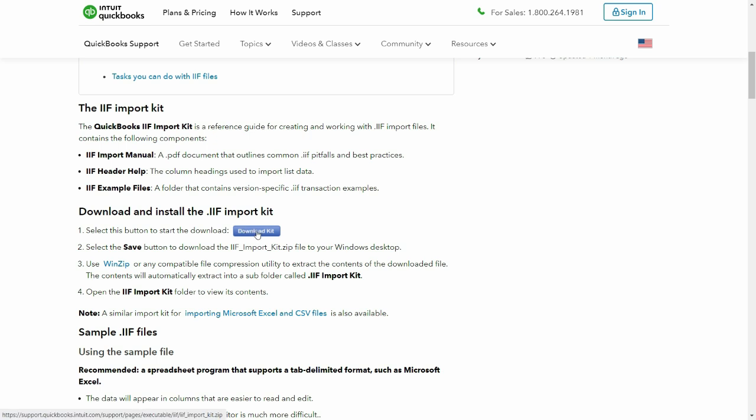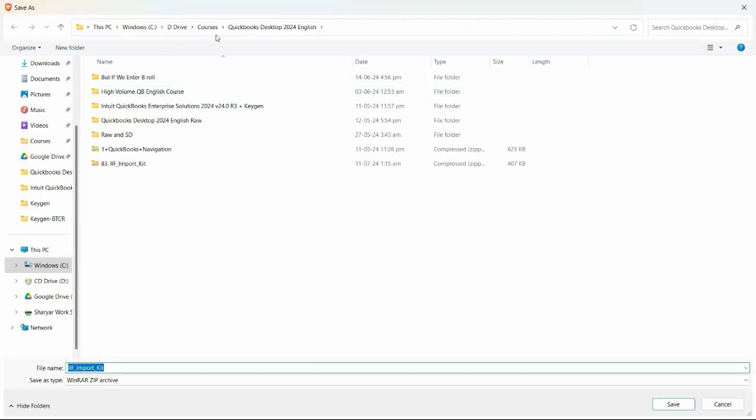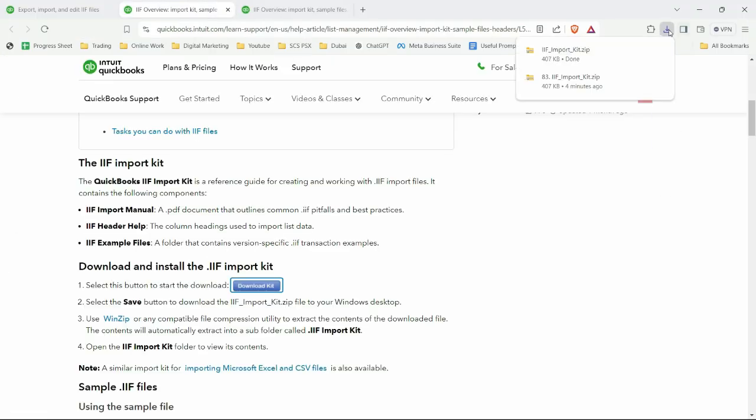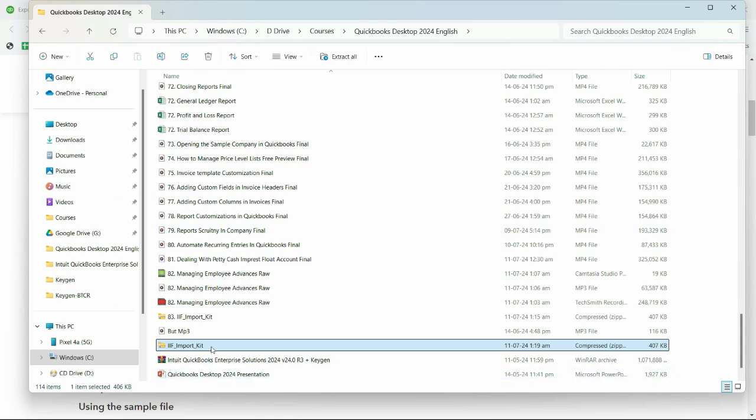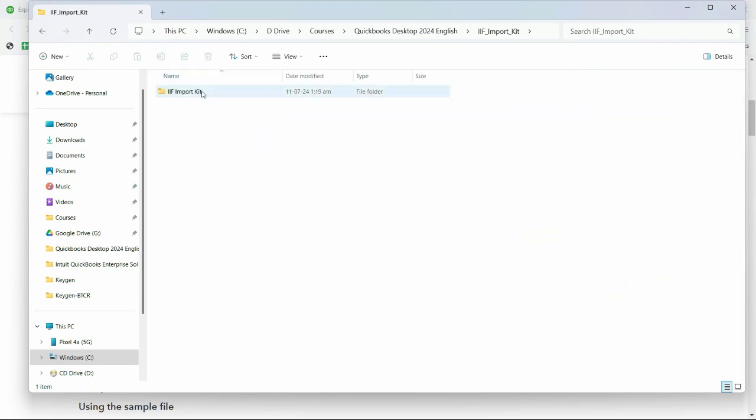Select this button to start the download of the kit. Let's click here. And then it will ask you to save the location. Let's save it. And it will start the download. Let's open the folder. Right click and extract it, and here is the extracted folder, and